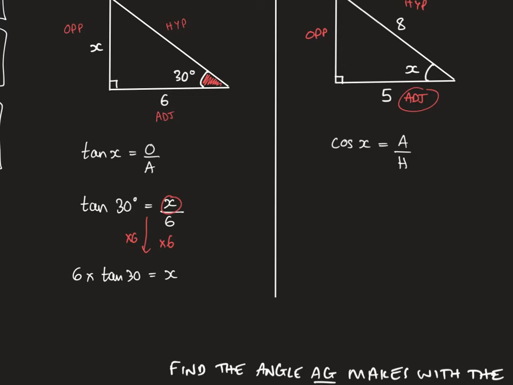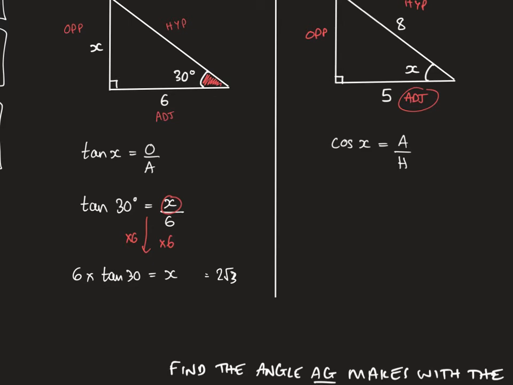and I type this into the calculator. So I do 6 times, and then I press the tan button, and 30. Now on many calculators, it's good practice to close the brackets that the tan puts in for you, and we press equals. Now we get this rather strange answer of 2 root 3 here,